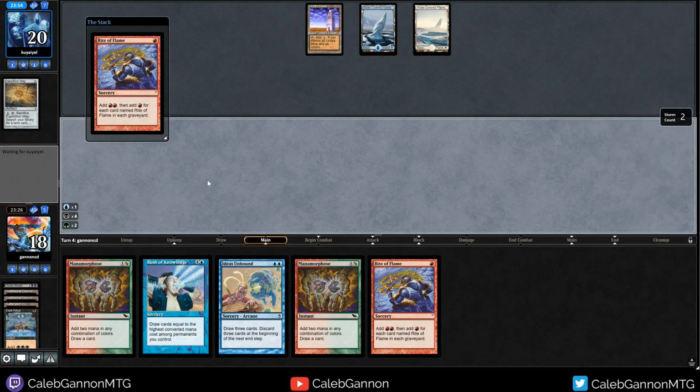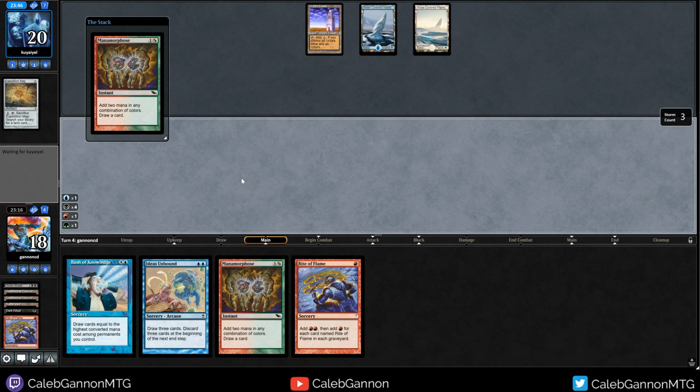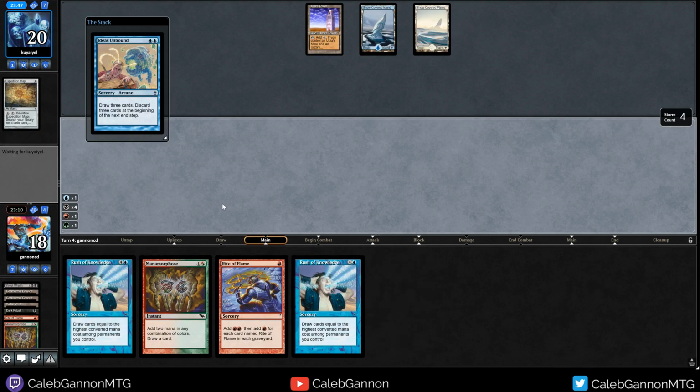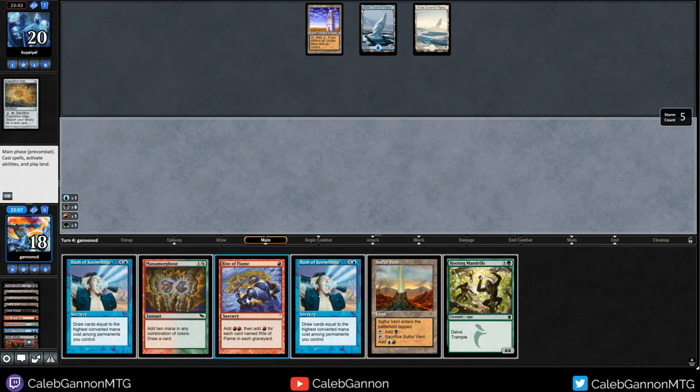Let's go Rite of Flame, Manamorphose. So they think they're playing against Storm probably, which is good for us. Actually, yeah, we'll do this. I kind of want more red anyway. And blue. And we cast Ideas Unbound. They don't have a counterspell. Sweet. Dark Ritual, Rite of Flame,